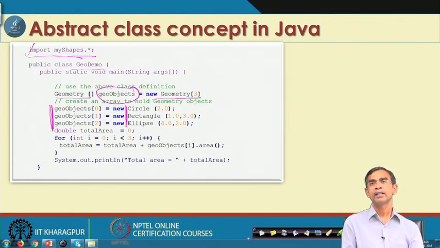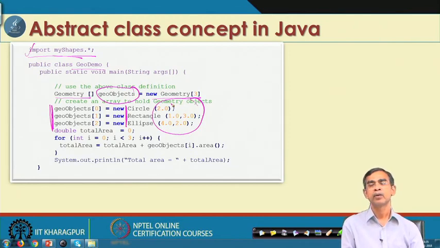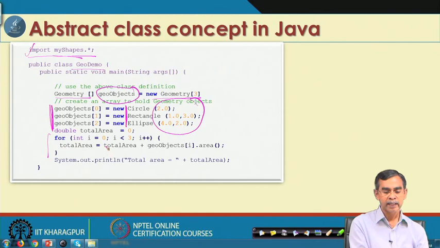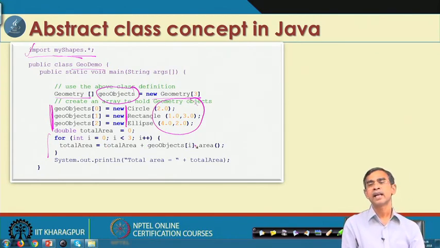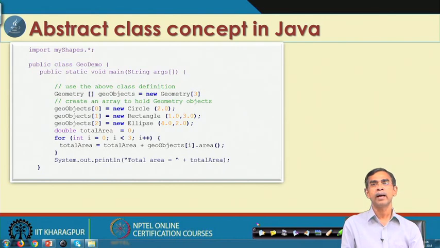Now, let us see how we can process them. Suppose we have created three objects, with these different parameters passed to the objects, and we want to compute the total area consumed by all three objects. So, we can have a very simple for loop. The total area is the sum of the areas of all the objects, up to n, and then it will print. Now, it looks very simple. What have we done? We have created an abstract class, derived three subclasses from it, namely circle, rectangle and ellipse, and then we store these objects in an application and process them.